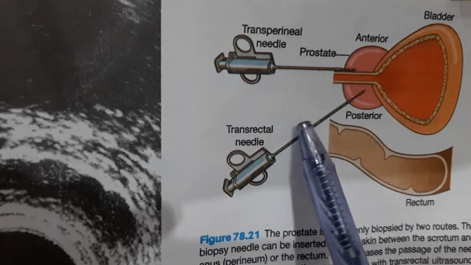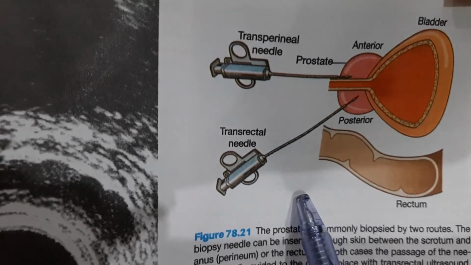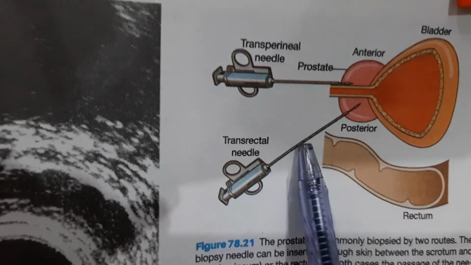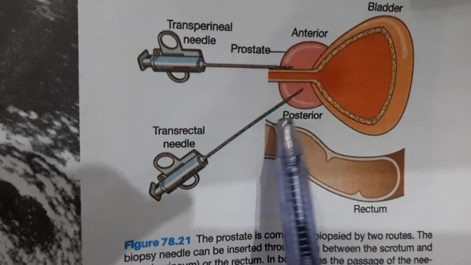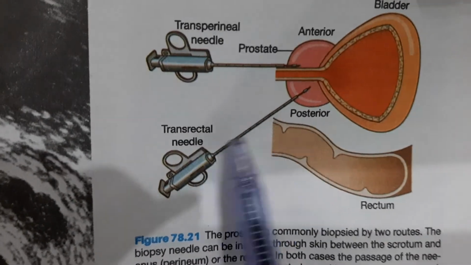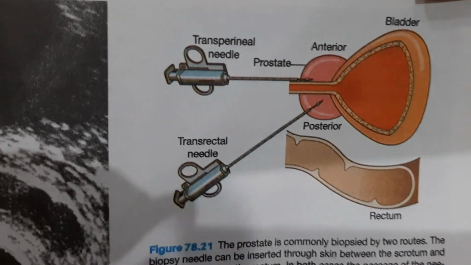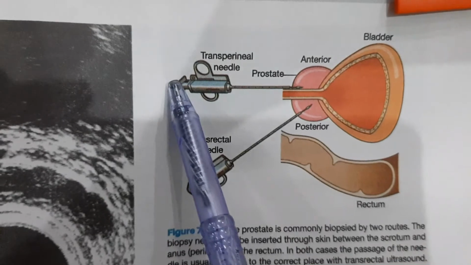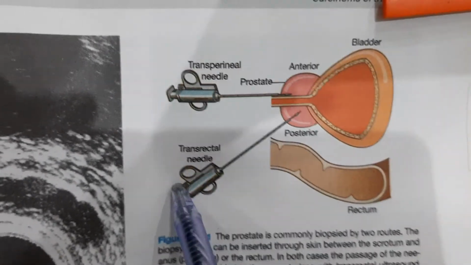These biopsies are obtained from the lesion that looks suspicious on ultrasound, and if there is associated bladder outlet obstruction, then a channel transurethral resection of the prostate is done, which provides relief of the urinary obstruction and specimen for histological investigation. The biopsy taken can be through the two routes, transrectally and transperineally.